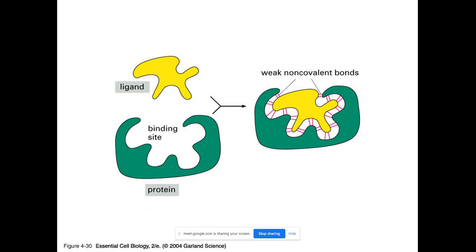Now here you can see how we are going to design the ligand. Actually, a ligand interacts with the protein. In this figure we have a binding site. Are you able to see? We have a protein and we have a ligand. The ligand is going to interact with the binding site. This is the general process. A ligand can be anything. It can be a substrate, it can be an inhibitor. The protein is shown in green color and the ligand is shown in yellow color.